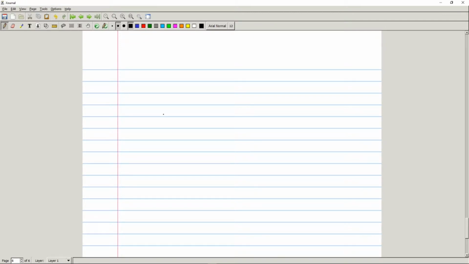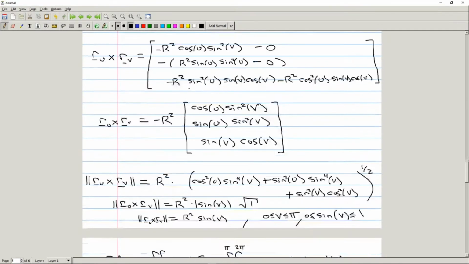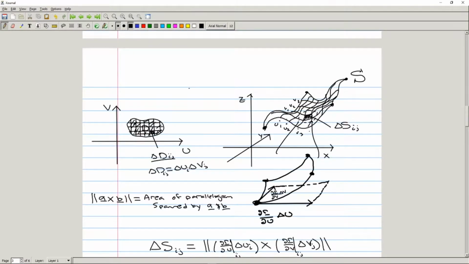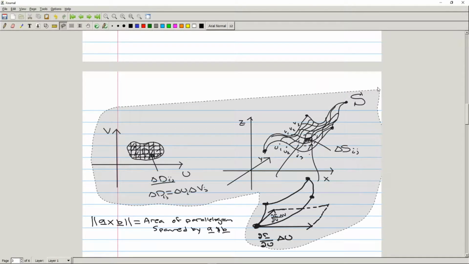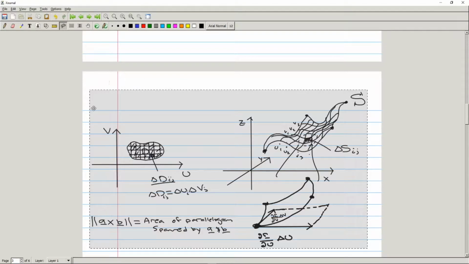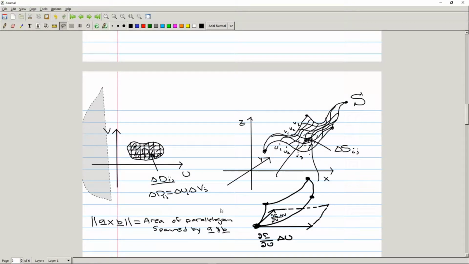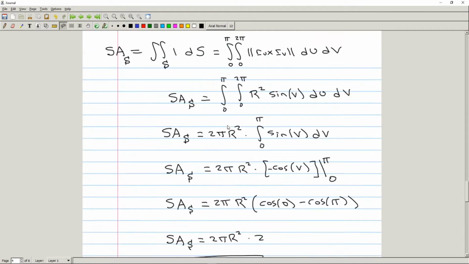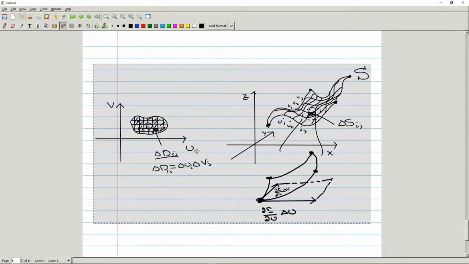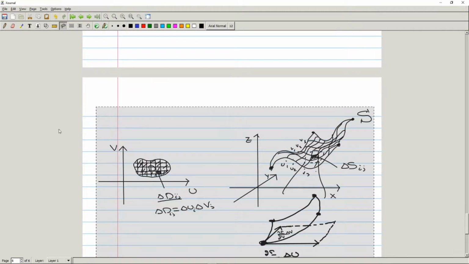So just like for the idea of the line integral, I'll take a copy of this picture up here just so we can recall what it is we're doing here. So suppose that our surface